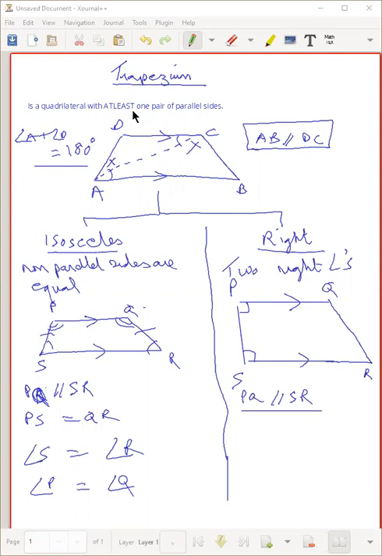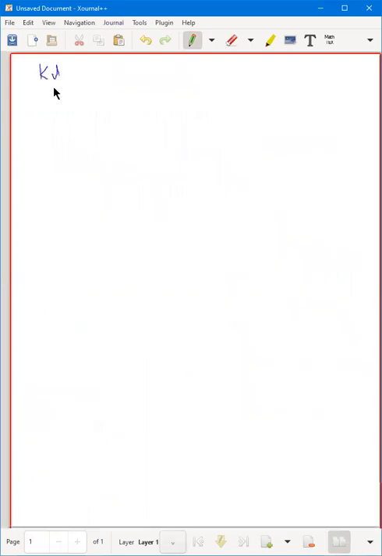Okay. The last figure is a kite. A kite, already you know the kind of a figure it looks like. It's the kite that we fly. Same kind of a figure. Yeah, Rishima. A kite is a rhombus, right? No, a kite is not a rhombus. Okay. Let me finish. Then you'll understand.